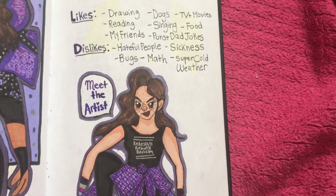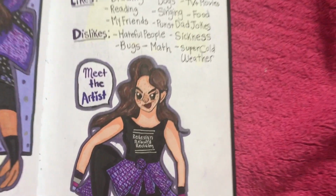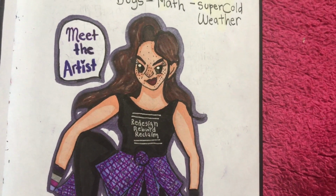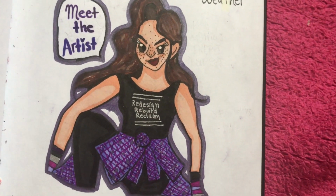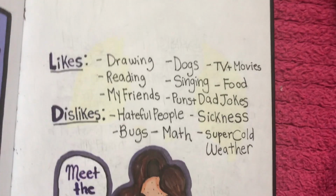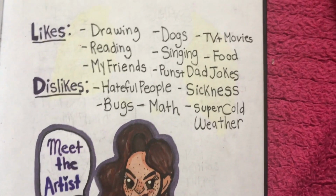This is when the Meet the Artist tag was going around, so I wanted to do that. So that was my attempt at drawing myself. It was a very good attempt. As you can see, it was not. It's really bad. But this info is pretty accurate still, so if you would like to get to know me,